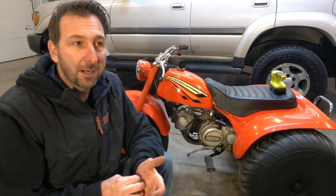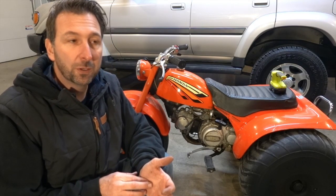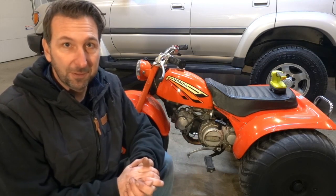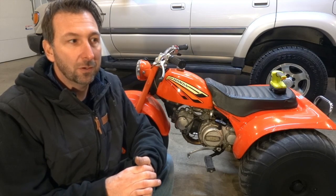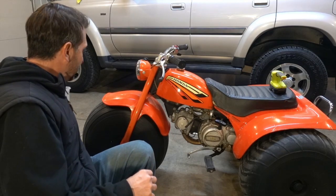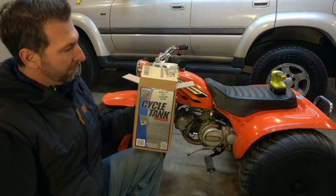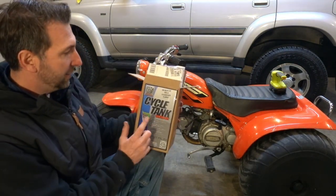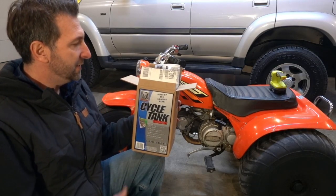So I decided I was going to coat the tank, and as I started exploring a little bit more, I noticed that there's some rust inside the tank and such. It's going to be 50 years old, so it's no surprise that there's going to be rust inside that tank. So what I have for you today is the first of a couple of different projects that we're going to put this thing through. And so this is KBS Coatings Cycle Tank Sealer Kit, and the gist of this is